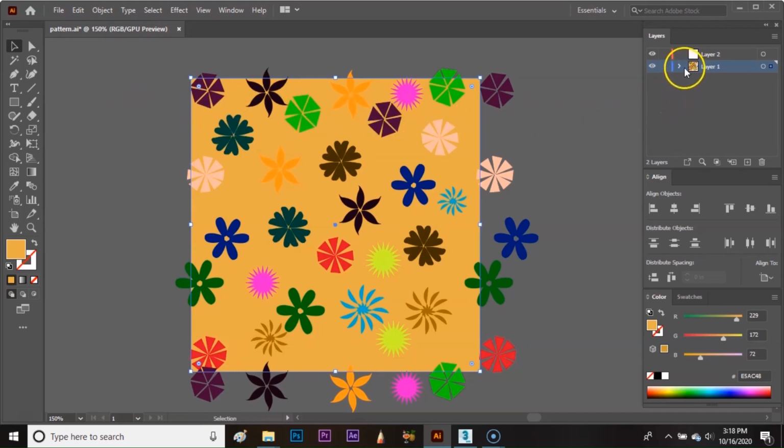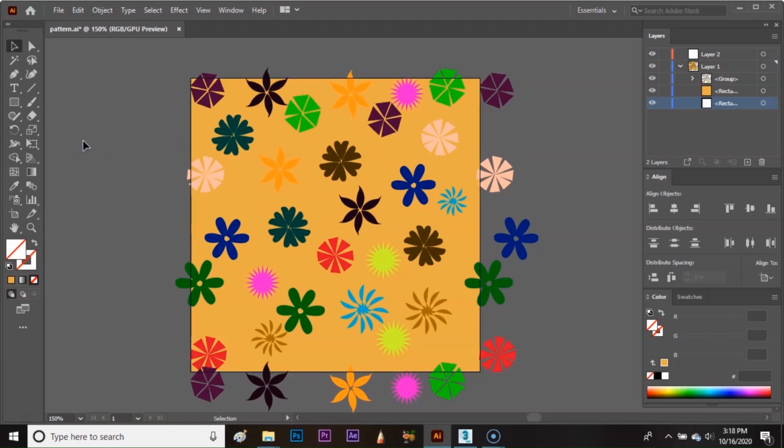If you go to the layers panel, you can see there is another rectangle at the bottom of the panel. Now I am going to remove its fill. Just select the rectangle and click here. Now we have another empty square that is going to act as our bounding box.